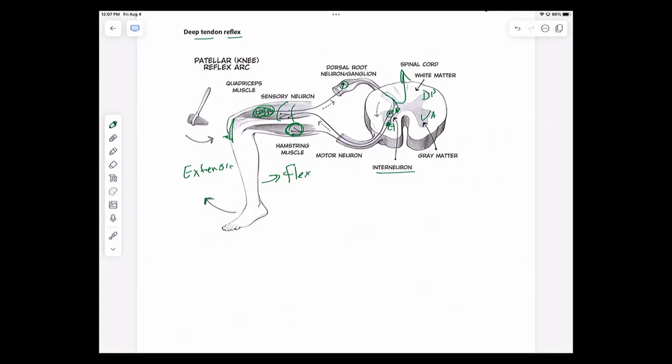So with the mallet tap here, I'm going to stimulate this muscle group, and I'm going to want to inhibit this muscle group to facilitate that jerk or that extension you have with your lower extremity. So again, this is another example of how important the proprioception is, from the muscle spindles in the quadriceps, and understanding its role in this particular type of reflex.